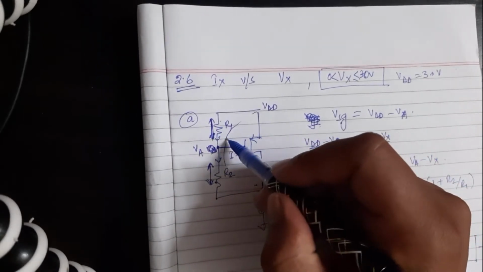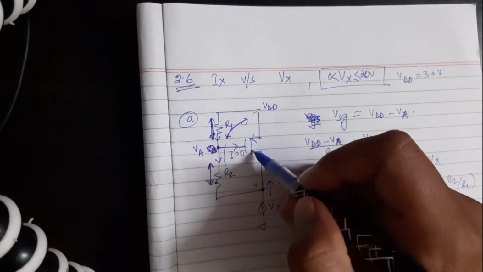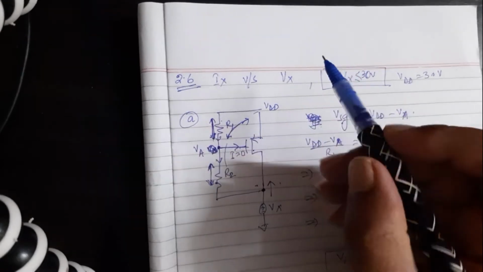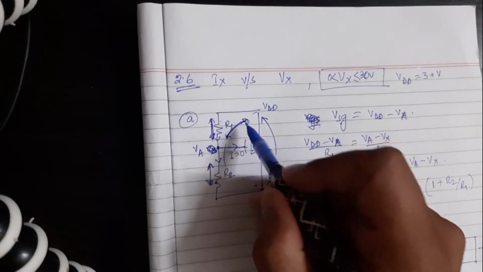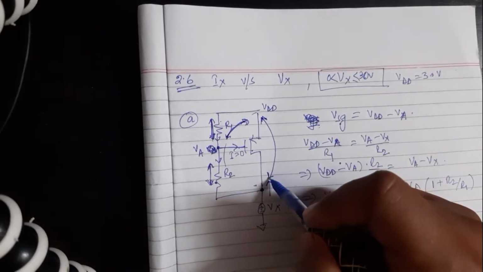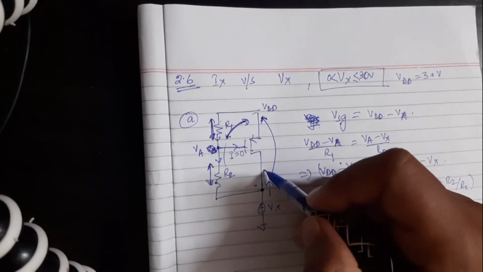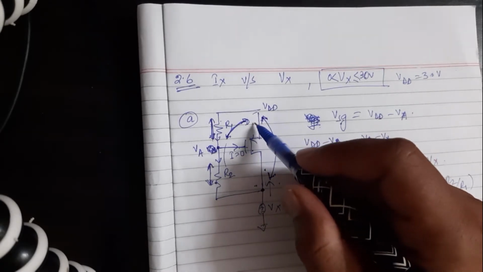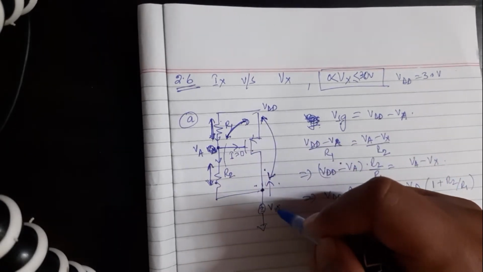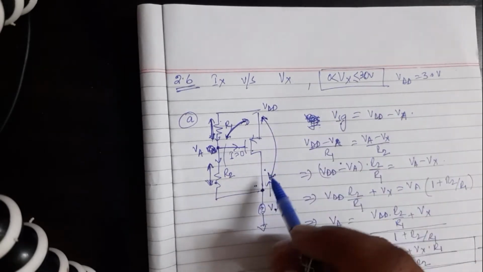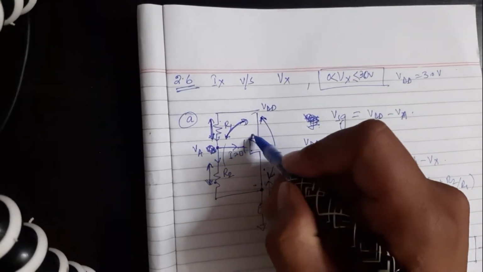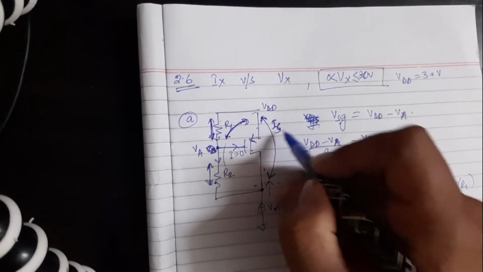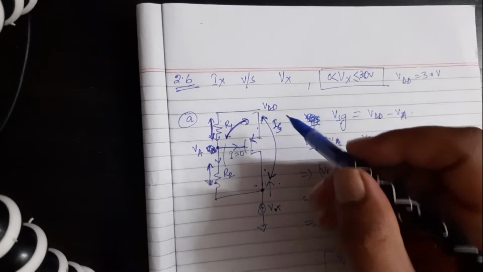That means the VSG, the turn on voltage of the transistor, is highest. That means there should be the greatest amount of current. VGS is highest. Also, along with it, VDS is highest, because VDS is this whole drop, VDD. So the drain current should be maximum when Vx is 0. Or rather, since this is a PMOS, we'll call it the source current, IS. This source current should be highest in magnitude, right?